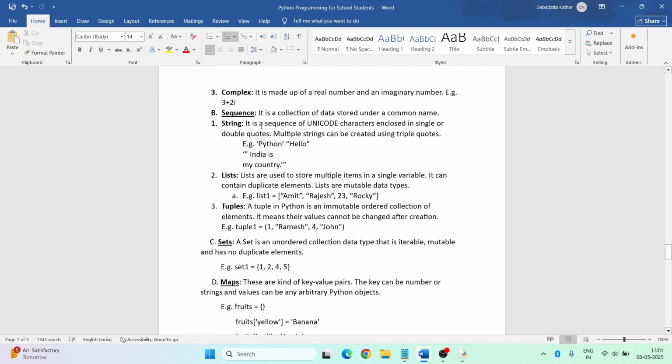Let's come to another data type, that is sequence. It is a collection of data stored under a common name. Sequence data type can be of string, list, tuples. Okay. So string is basically,